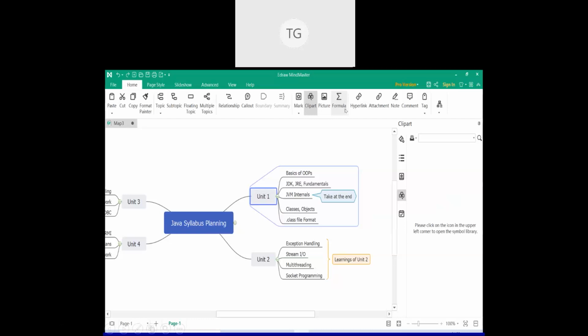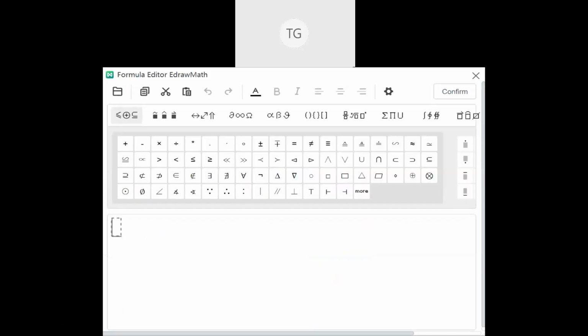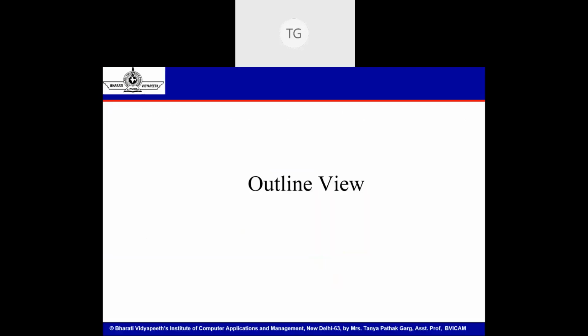So formula typing window will open up, wherein you can write the mathematical formula that you want to depict or you want to write, right? Whatever formula you write in this formula editor will come and will get stored inside the corresponding subtopic or the sub branch where you are editing. So this is how you can add formulas. You can add mathematical equations to your mind maps.